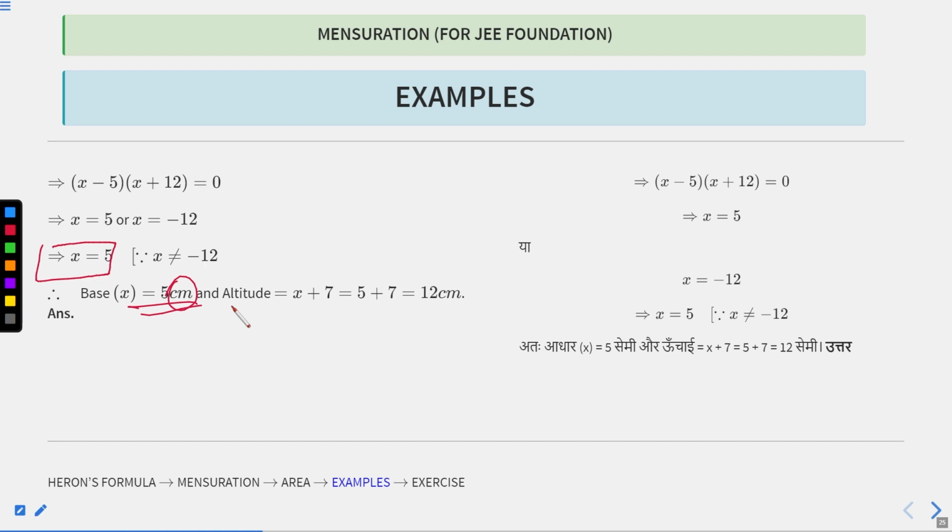And because the value for the base is 5, and we know the height or the altitude was b plus 7, which equals 5 plus 7, which is 12. I hope all things are very clear to you. Now let's move to the next